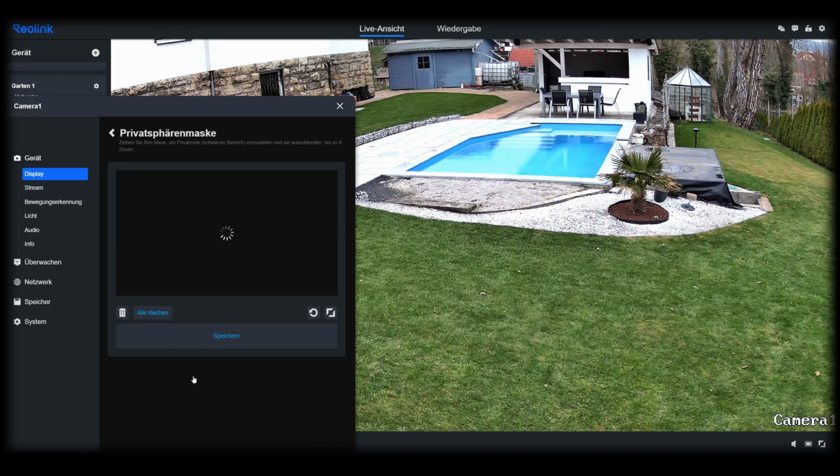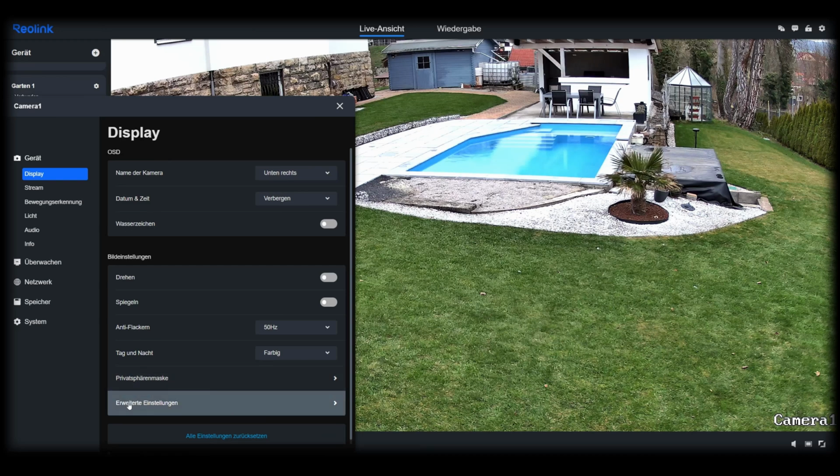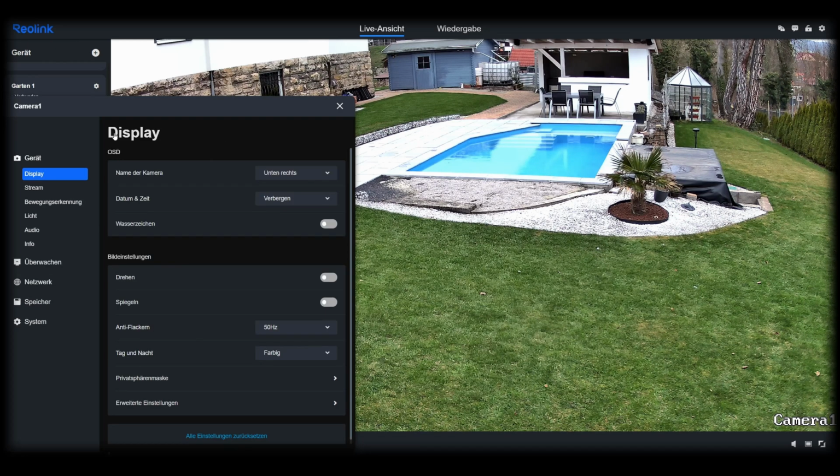I can set up the privacy mask and in this way specify that certain areas should not be recorded at all. In the advanced settings, I can individually adjust the colors, switching values, and similar options. If you want to know how all of this works and what you can do there, take a look at the top right corner. There, I'll link you to a video where I show exactly how you can optimally set